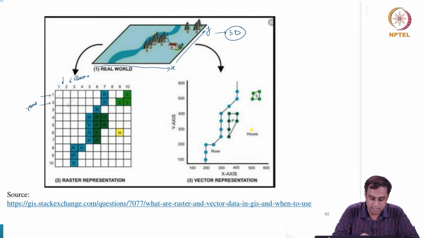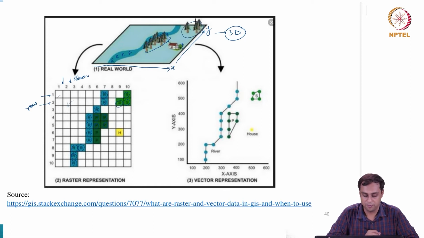These are cells which are representing the river in my real world data set, right. And then you have these P's, which is a cluster of trees which are near the river, and these S values which are a cluster of trees away from the river, right. And then you have a house which is one cell on the picture, right. So that's the raster representation of the real world.